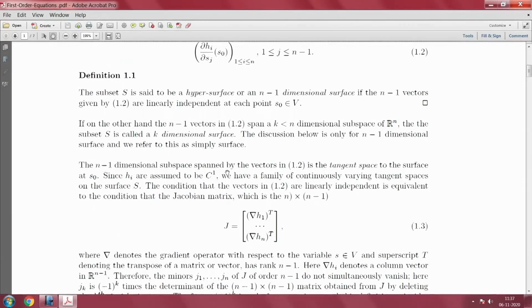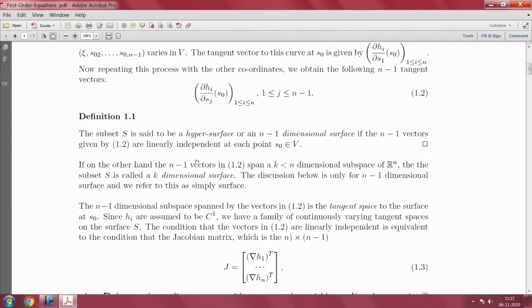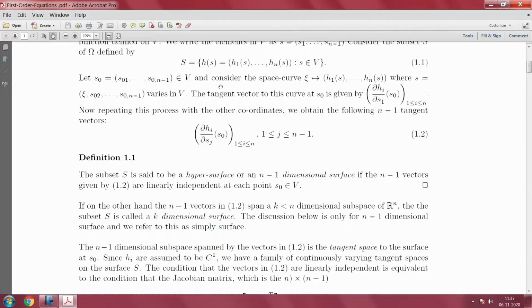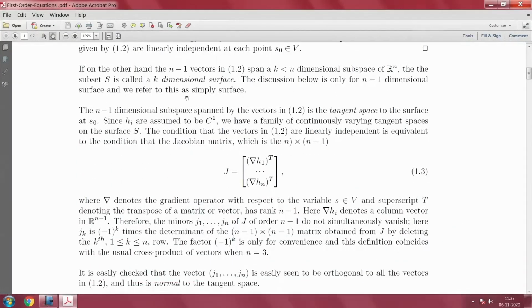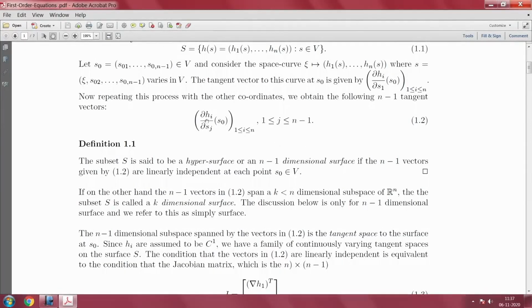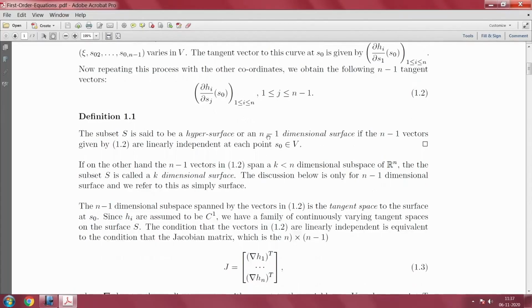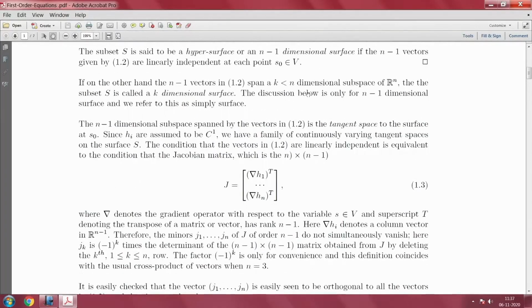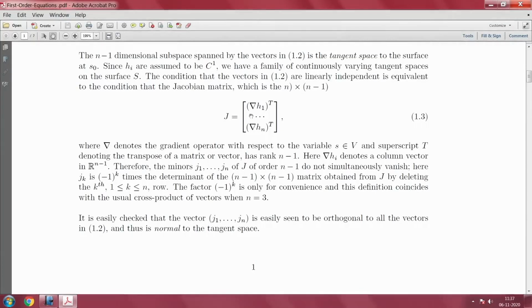You take all these gradient vectors of each function h 1, h 2, h n. They are the defining functions of the surface. You take them and write them as rows. So, there are n rows and n minus 1 columns, because there are only n minus 1 derivatives, S 1, S 2, S n minus 1. So, you form this matrix which is n by n minus 1, and from linear algebra we see that